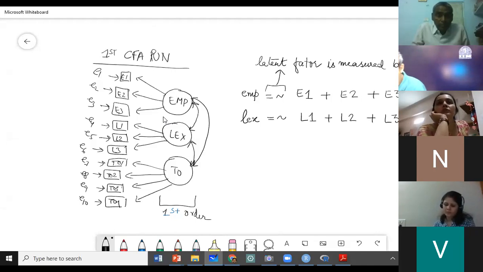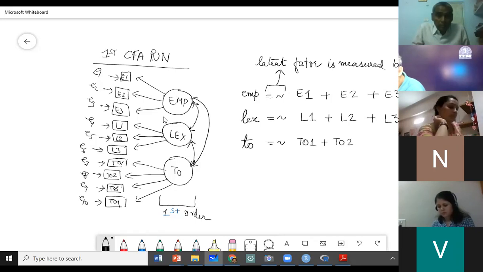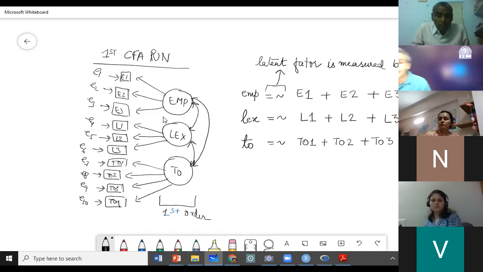And then the last one, TO is measured by TO1 plus TO2 plus TO3 plus TO4. So in just 3 lines, I have told the tool what the factor structure is.